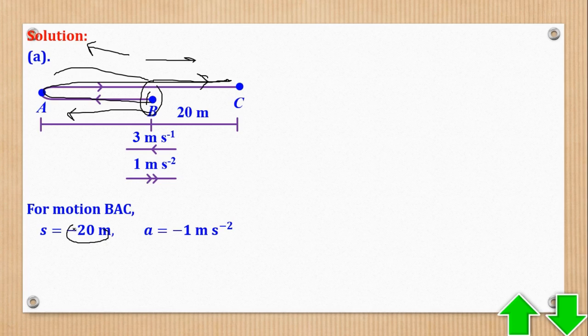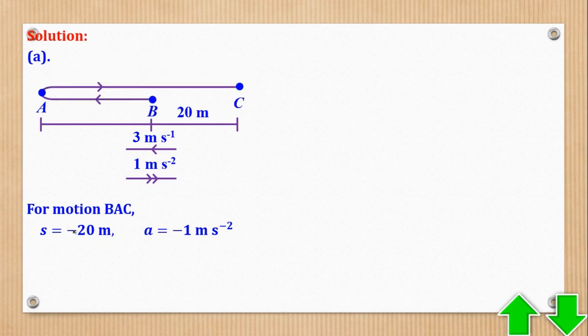So that also disturbed students and they could not realize the negative. Okay, then also here, realize that this is to the left, which is positive, but this is to the right, so it will be negative. So velocity is positive because it is to the left, but acceleration is negative because it is to the right. So when you realize that, then next is easier,